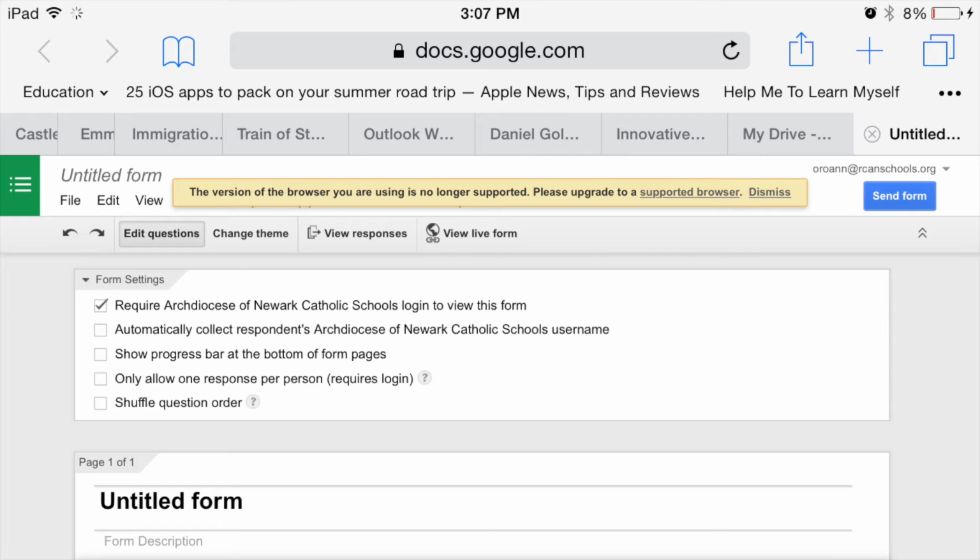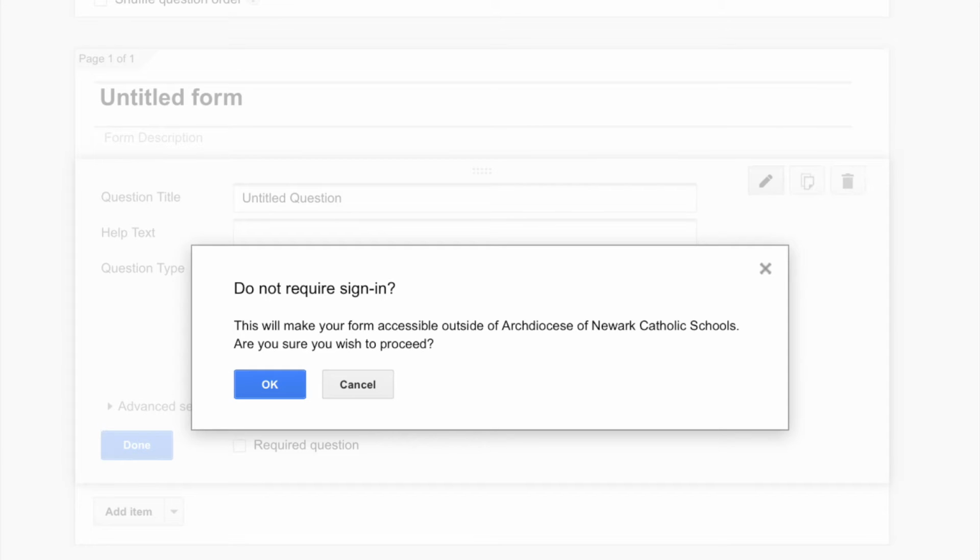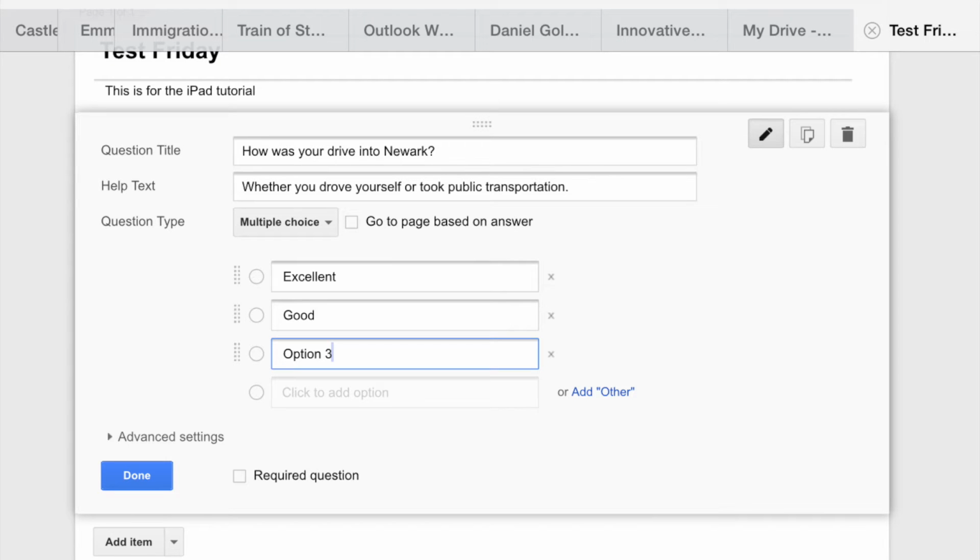I'm going to remove the check mark for Require a Login. That would only appear if you're a Google Apps for Education school. You're going to have to agree that it's okay that anybody outside the Archdiocese of Newark schools or your Google Apps for Education organization can complete this form. I'm going to title this form Test Friday, and the help for the form says this is for the iPad